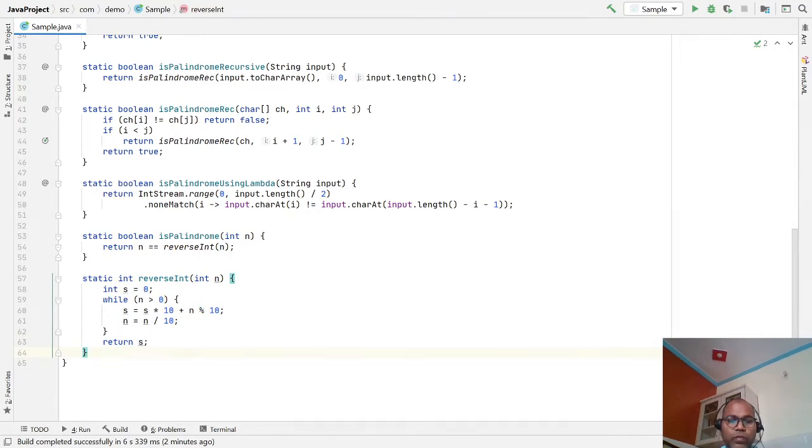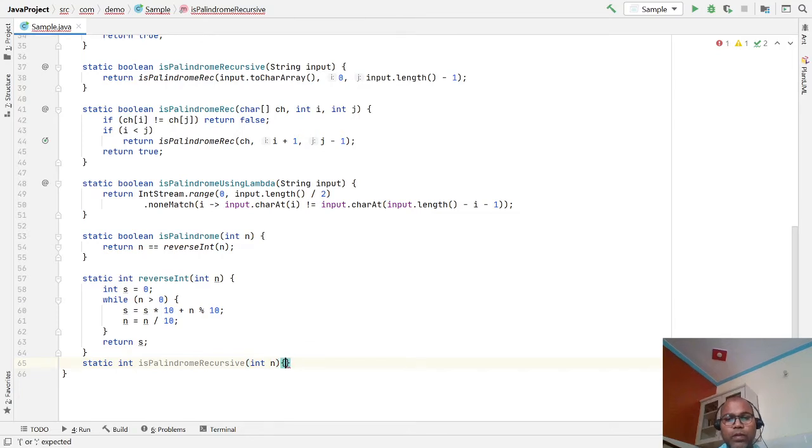So let's write a recursive static int isPalindromeRecursive with the input number.